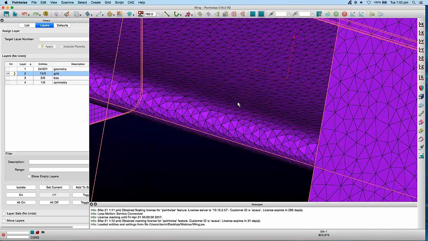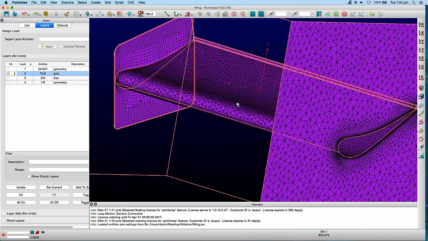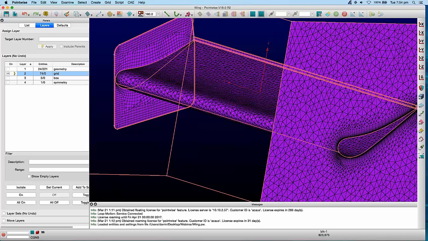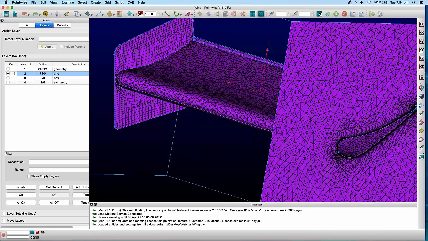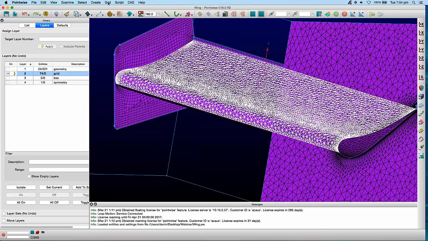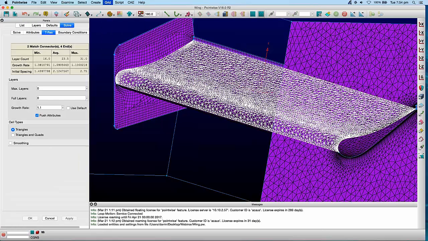What Scott mentioned in the presentation was using 2D T-Rex, which is a Pointwise technique, anisotropic tetrahedral extrusion, which in 2D just extrudes anisotropic triangles. We can use those to give us stretched elements that are stretched in the span-wise but compressed in the stream-wise direction to try and capture that curvature. So an example here is if we take this and go grid T-Rex,